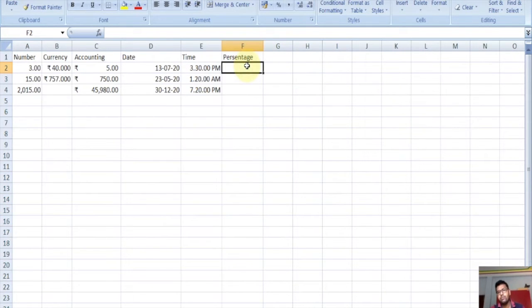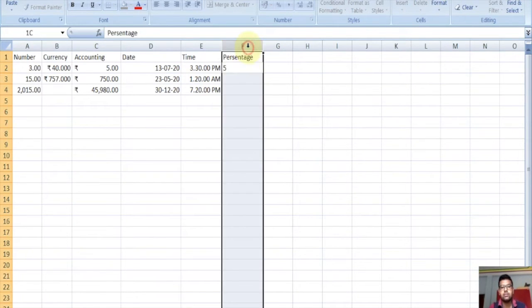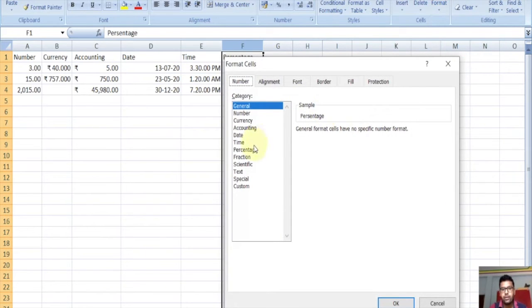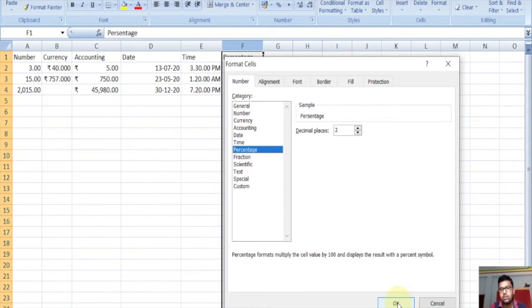In percentage format we give the value here, and the percentage format will multiply this by 100 and give 2 decimal places. Suppose we give 5 and format the cell as percentage format, it will show 500.00%.